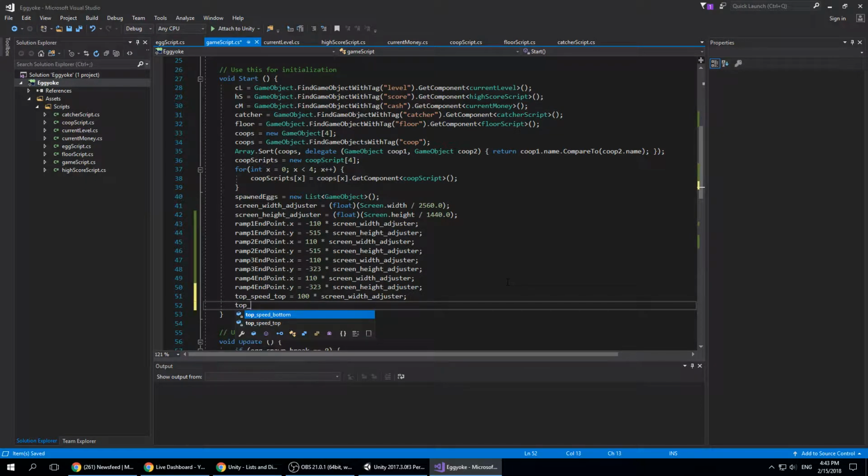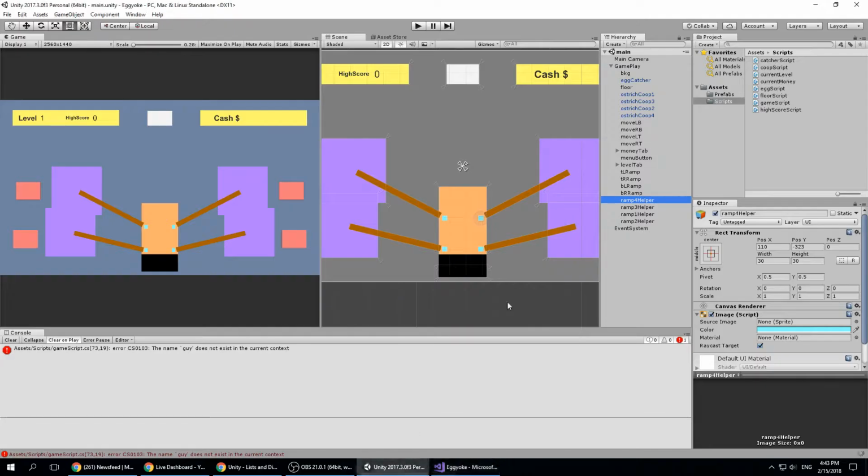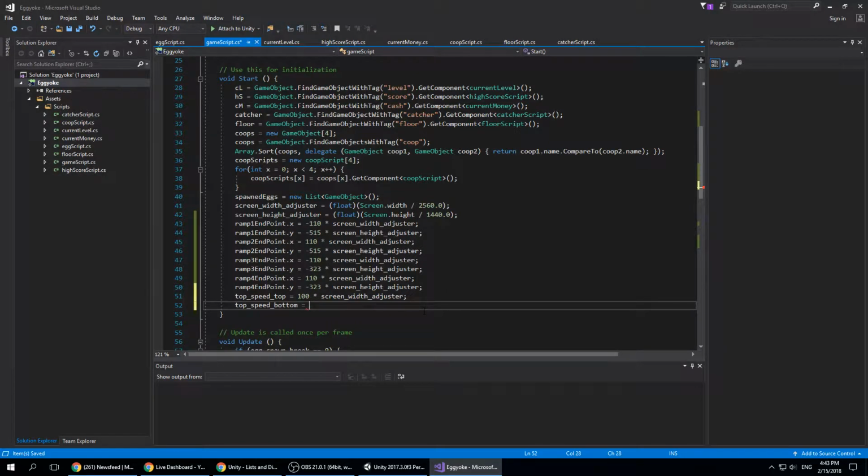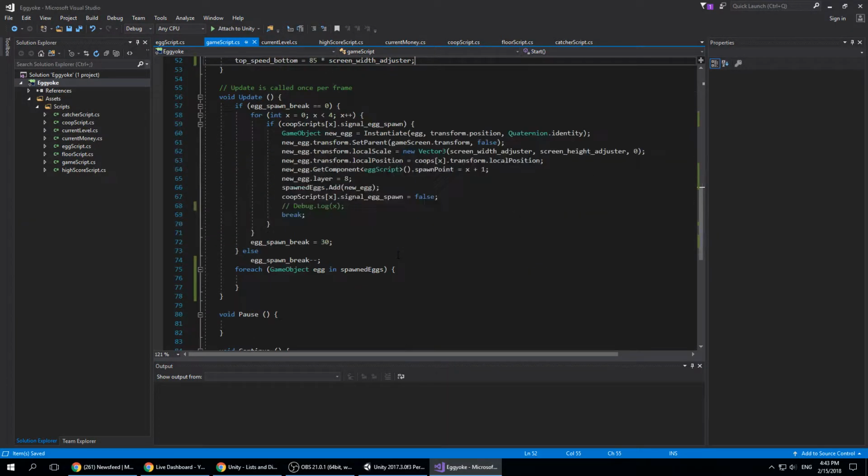and we'll have a top speed bottom of, let's say, what is the difference between these degrees? 76, 62. The difference should be like 15% at most. So let's go for 85 times screen width adjuster. Okay, so now we have the top speeds as well,